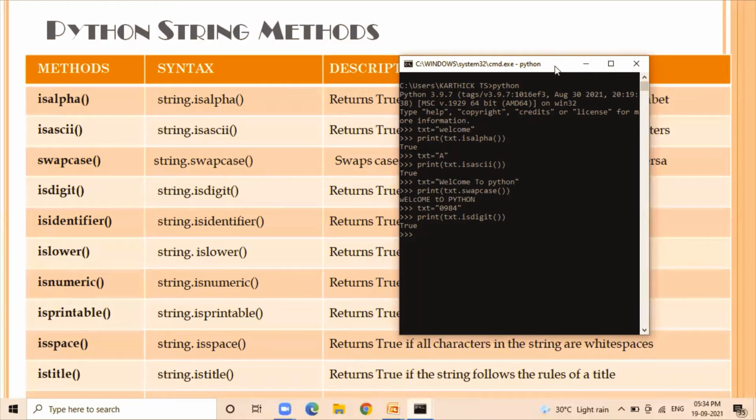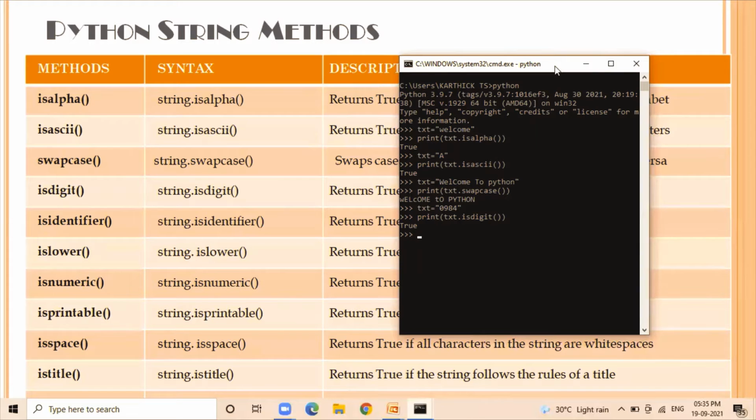Next method is isidentifier. So what is an identifier? Identifiers are the names given to the elements of a programming language, especially in Python. So we already learned in previous sessions of Python how to create identifiers.